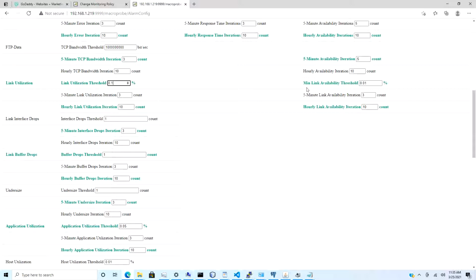We also have the link min availability threshold, where we detect an out of service link, a link unavailable. We also have a metric on the interface drop to do analytics on. We also have the link utilization iteration, where this is the background alarm generation scheduled